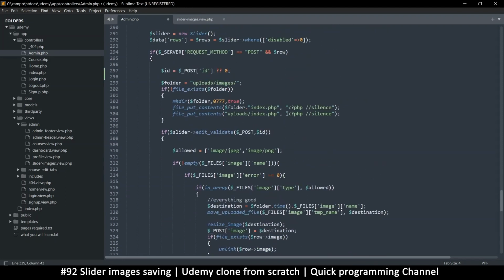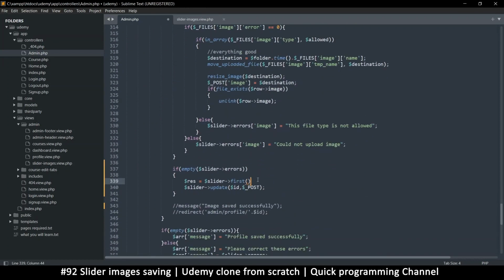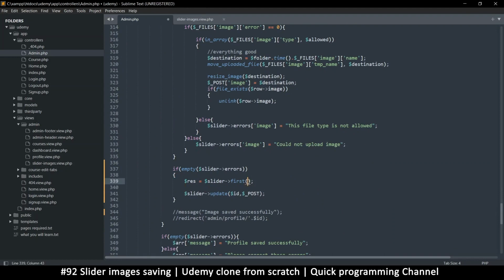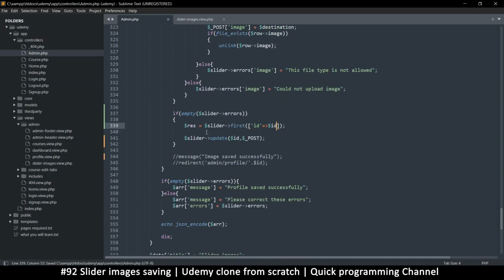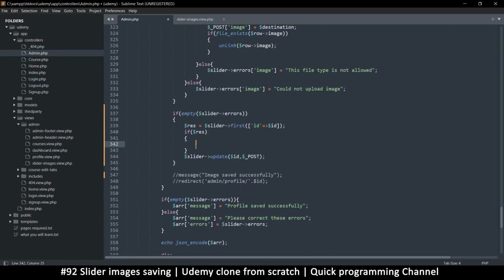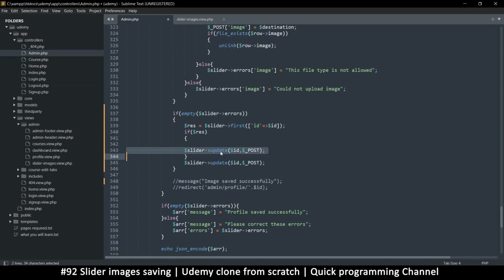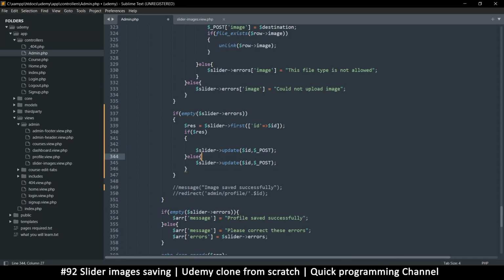Let's see what we used here at the top. That was the where clause. Okay, that's fine. So I want to see if we can find an ID with the current ID. If res comes back with a result like this, then we know a record exists, so we're going to update the record. So I'll move this up there like that. Then I'll put an else statement, and on this one we insert,